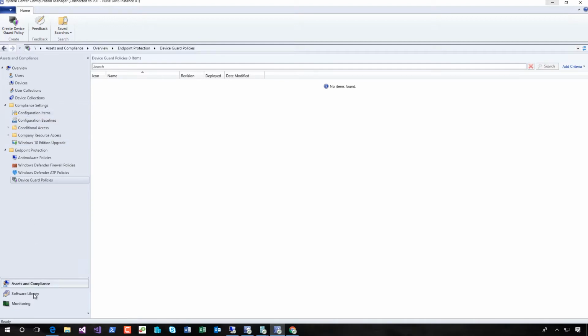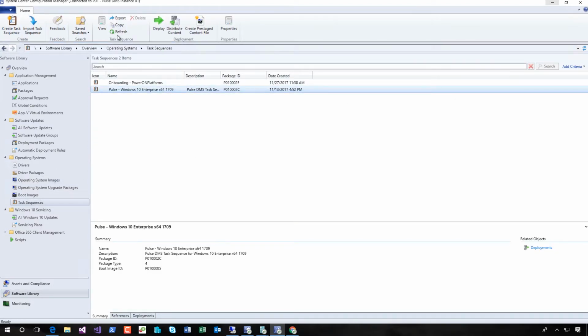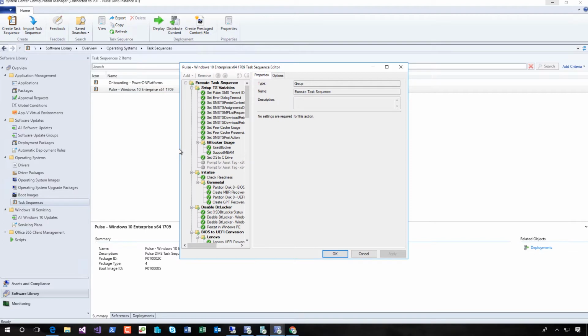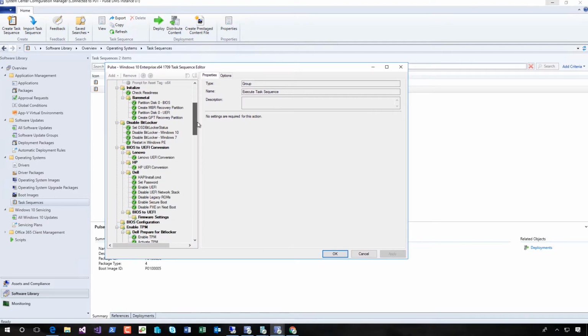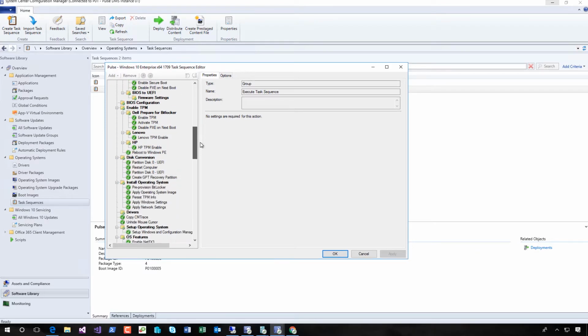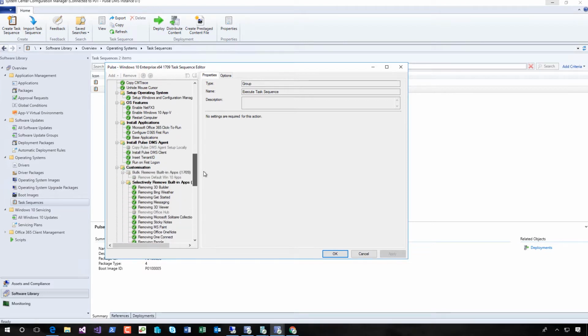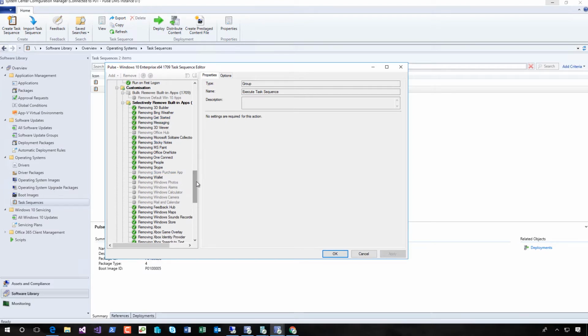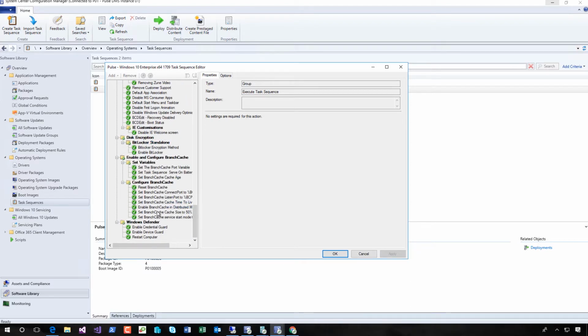Now, there's a range of different ways that we can get operating systems down. We utilise the concept of task sequences to decide how we want the steps of this operating system to be deployed. You can use some of our example task sequences to do things like making sure that devices are in UEFI mode, TPMs are ready for encryption or advanced security features, and customize the environment so we can remove some of the default Microsoft stuff we might not want within a corporate environment, make sure it's all nice and secure, things are enabled,